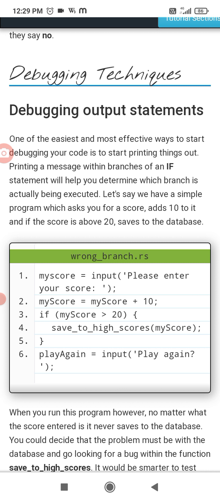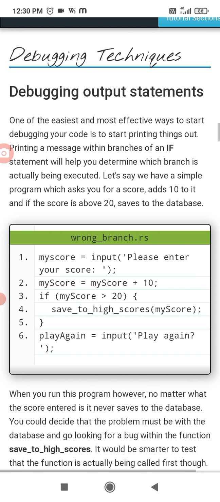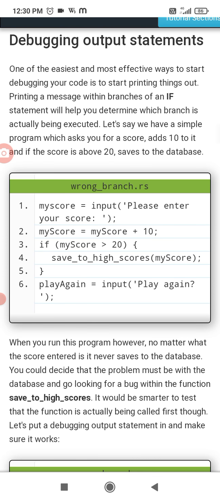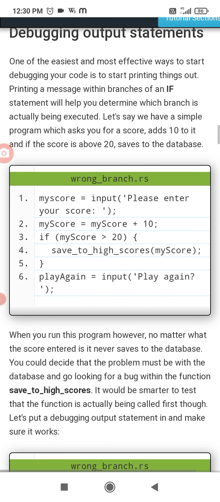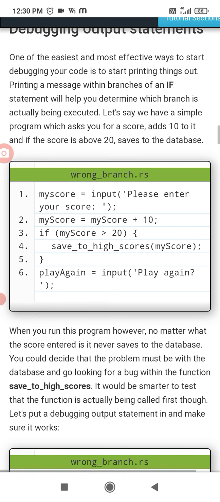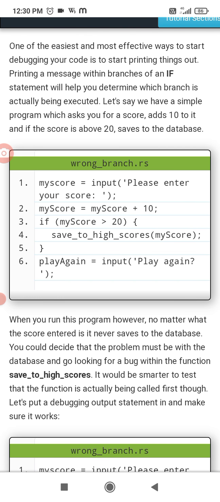Okay, if your score plus the addition of 10 is greater than 20, then and only then will all the operations get executed. When you run this program, however, no matter what score you enter, it saves to the database.